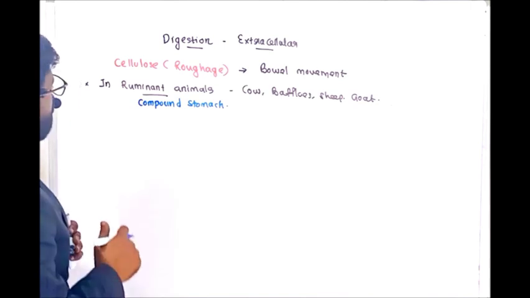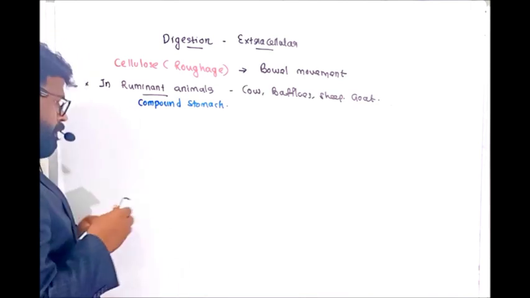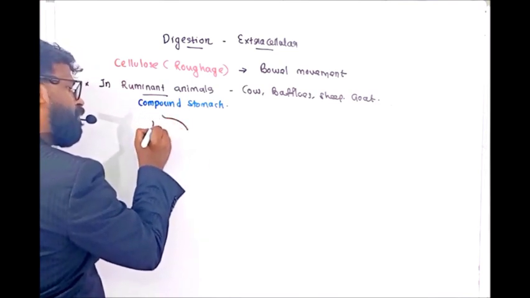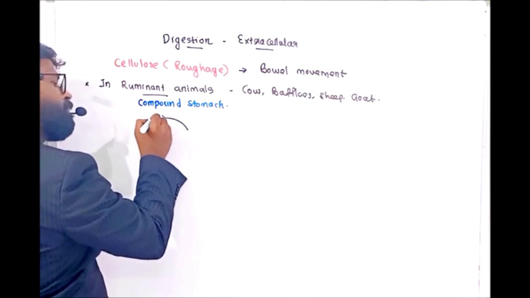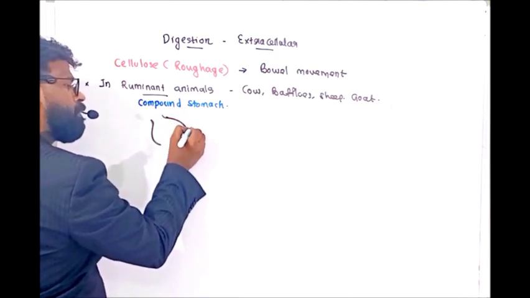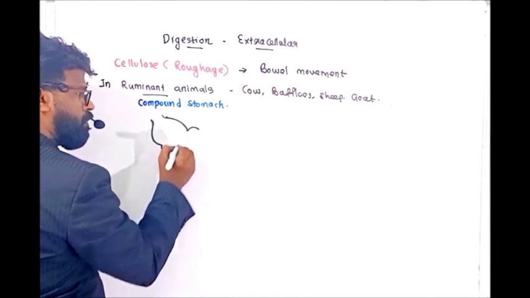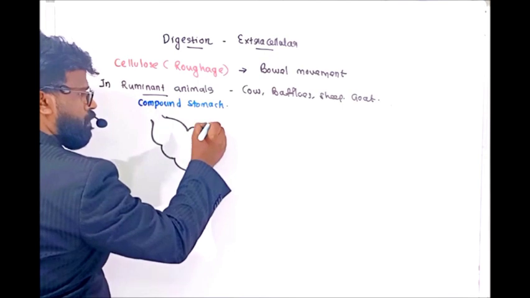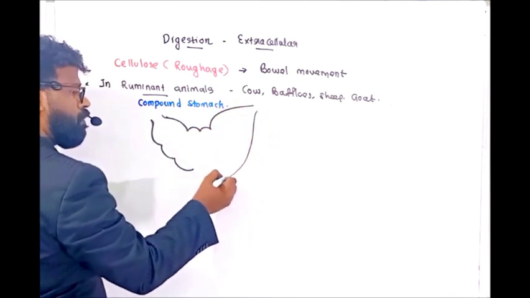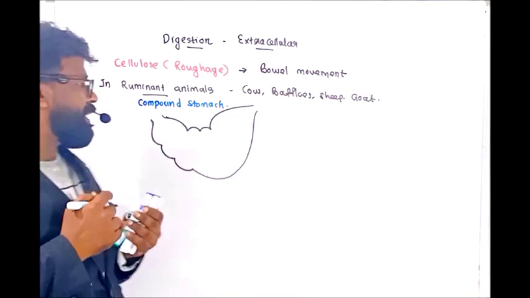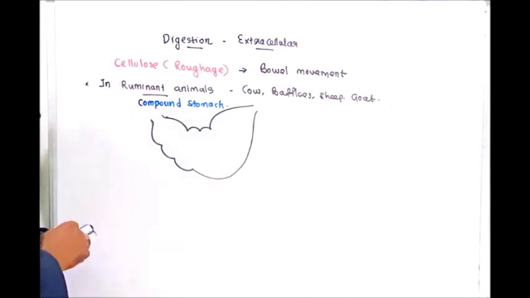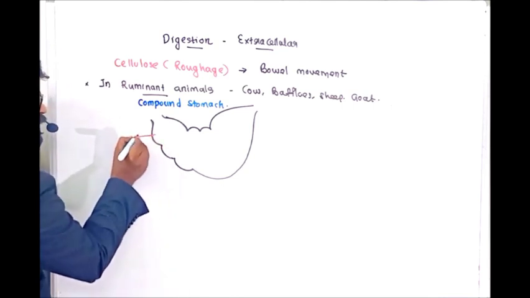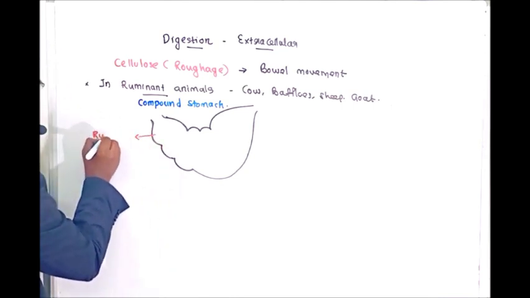See, this compound stomach consists of the following chambers. Their compound stomach consists of chambers such as rumen,